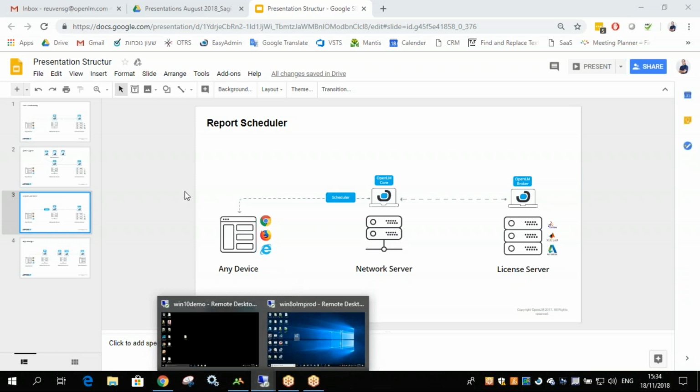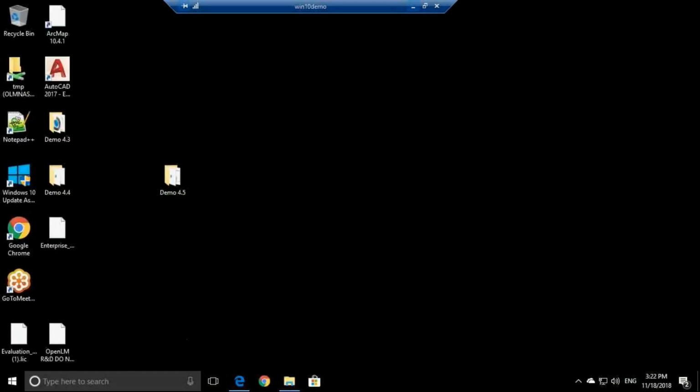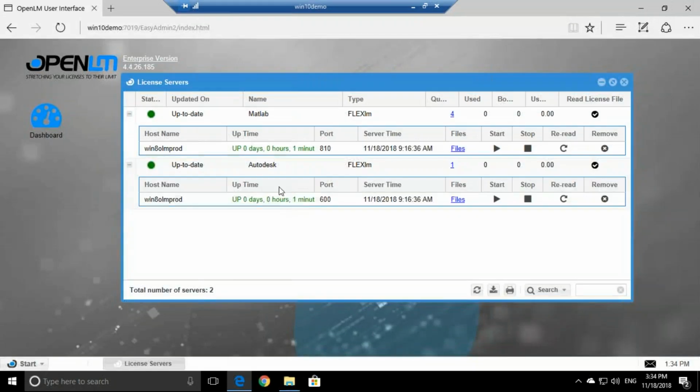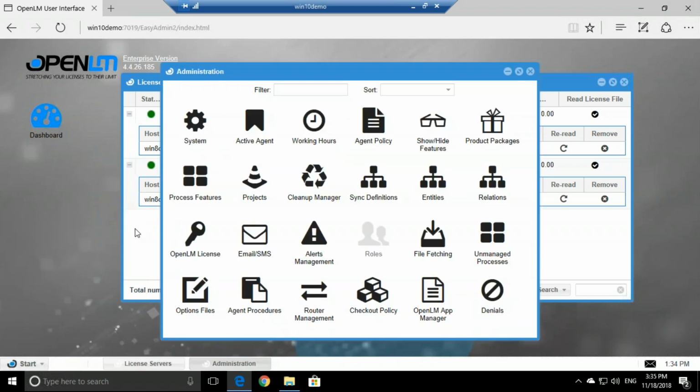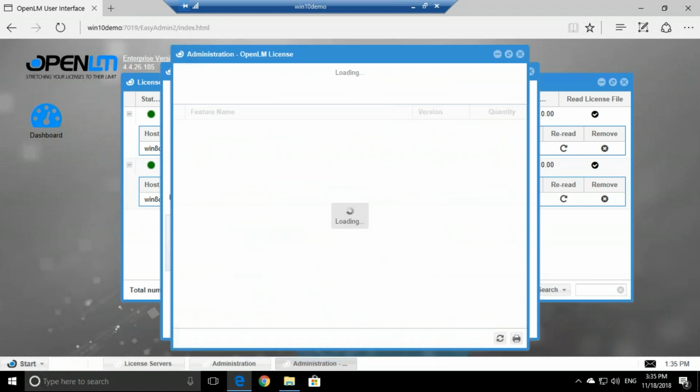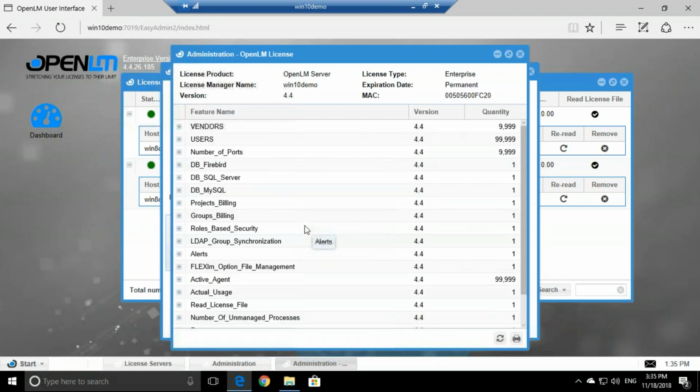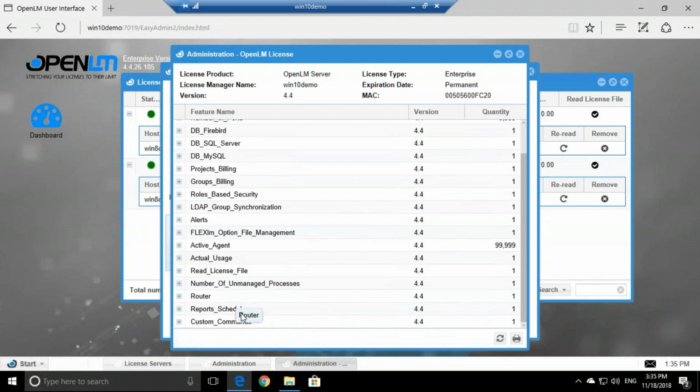So what we'll need to do first of all is open our user interface, the OpenLM user interface. Now we'll need to click Start, go to Administration, and go to OpenLM License. Here you can see all the different licensing features. And what you'll need to check if you have is Active Agent